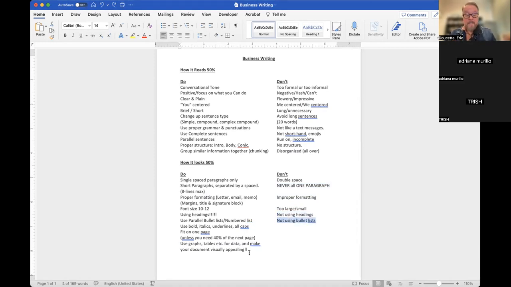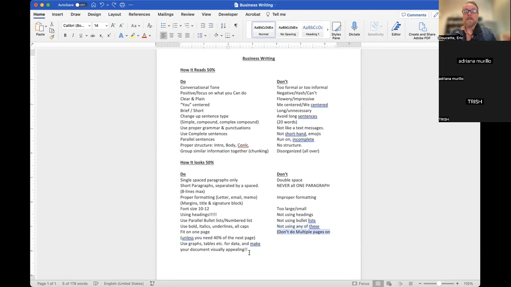Not using any bullet lists. Again, any kind of list, like you have a list of questions, put it in a bullet list. You have a list of items that you need, put it in a bullet list. You have a list of statements or things that people are reviewing, put it in a bullet list. Any kind of list where you're typing multiple things in a paragraph, make it a bullet list. That's an easy way to do it. And I think you should always use them for every document in some way or another. Not using any of these things is a no.